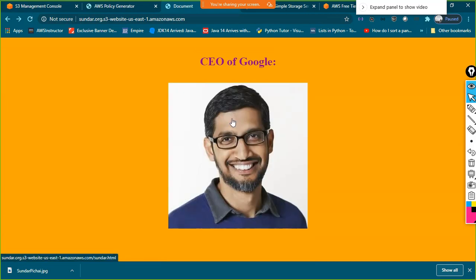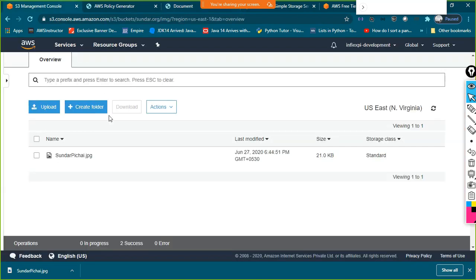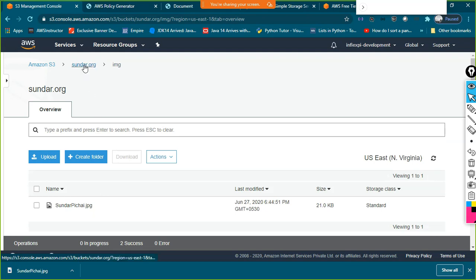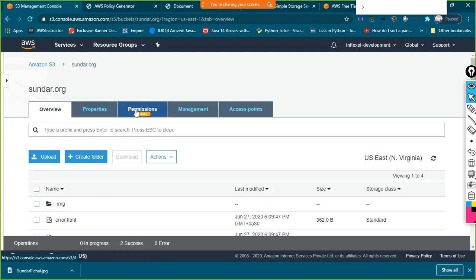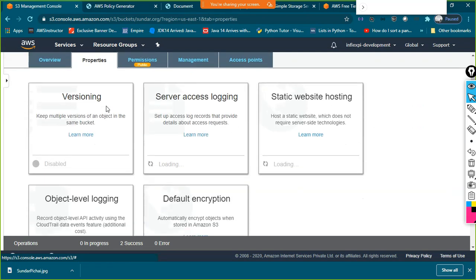Okay, so it's working. So it's due to the caching problem. So you can see the image got changed, but you don't have the replica of that image, right? The reason is it's getting overridden. So what we have to do now is go back to our properties, and here you have